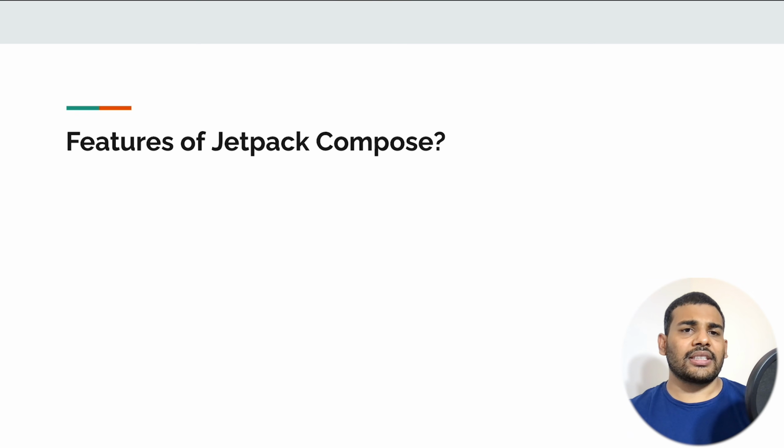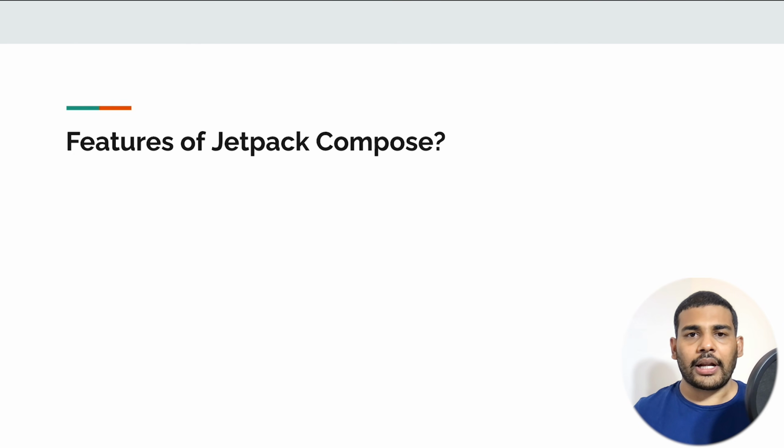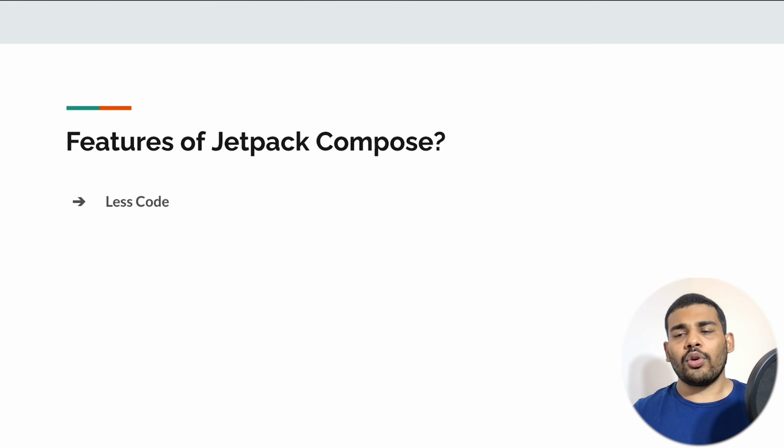Now you might ask how Jetpack Compose is better than XML. Then here are some features of Jetpack Compose. The best thing about Jetpack Compose is it is very easy to maintain. And the primary reason for that is it uses fewer lines of code. You write really less amount of code to build your UI as compared to the XML approach. It's intuitive, as you just need to describe the UI and Compose will do the rest. Your UI will update automatically according to your application's state.